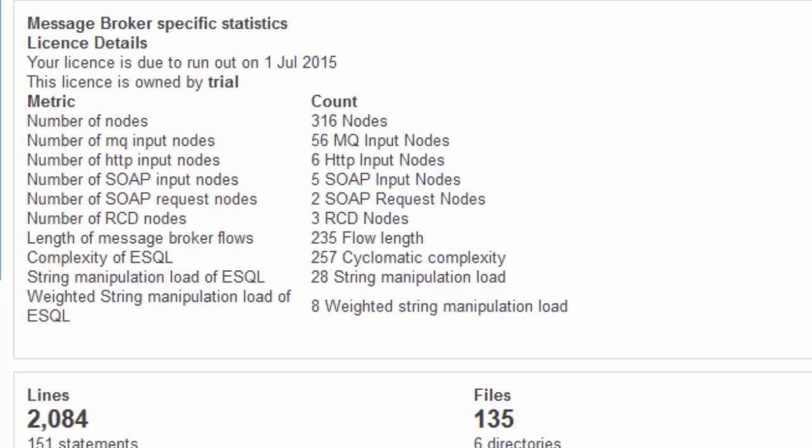These include the number of nodes, which allows insight into which flows are most complicated and potentially the most resource expensive; the number of MQ input, HTTP input, and SOAP input nodes; the RCD nodes used in the system, as RCD nodes can be particularly costly in terms of resource usage; the length of the message broker flows, which allows insight into which flows have the longest possible paths and potentially are the most resource expensive;